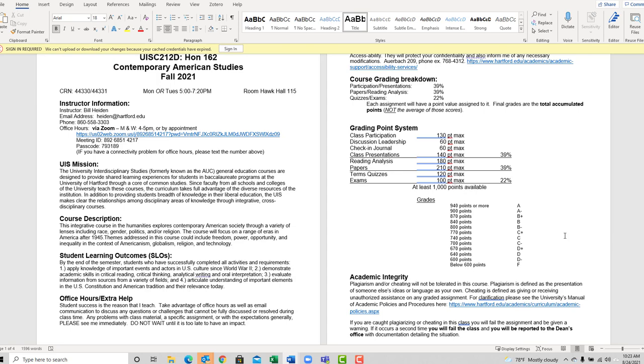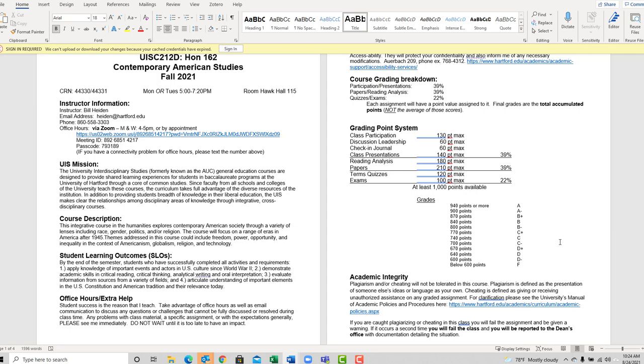Now, some things on Blackboard will give you a percentage, and sometimes those percentages, like on the journals, for instance, there's one grade for the entire semester in there on journals. Don't look at the percentage; just look at the whole number. Every reading analysis has a maximum of 20 points. You get 180 points in the course of a semester. If you have 20 out of 180 after 1 week, well, then you're doing really well, despite what the percentage might suggest, right? So look at the total number of points that you have accumulated, not the average